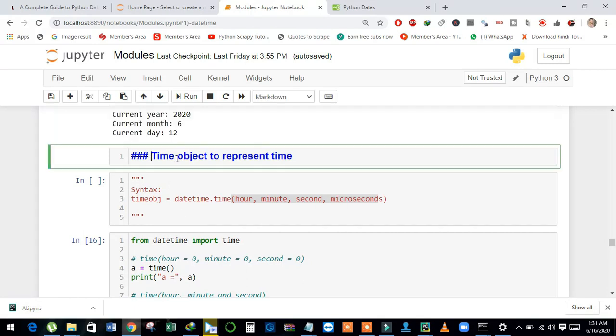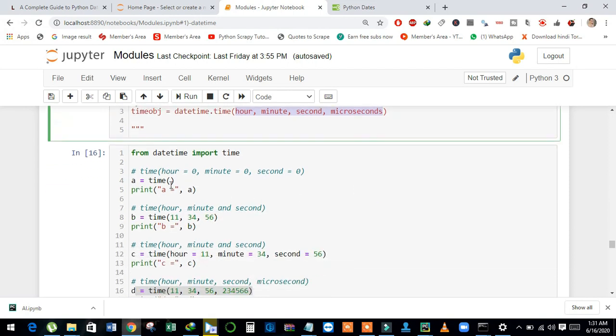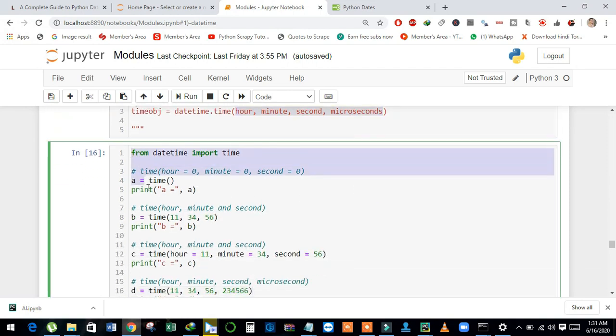Now we will discuss the object of the time class, and we have this syntax. Same as the date class object, we will create a time class object. It will take four arguments: hour, minute, second and microsecond. With an example I will explain the above object.